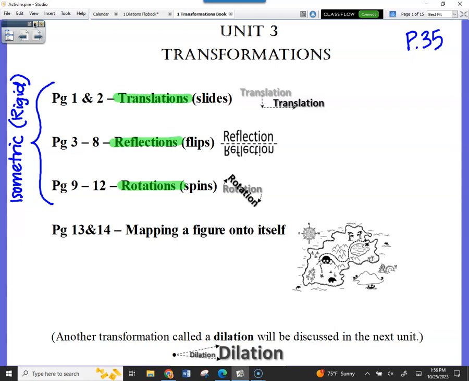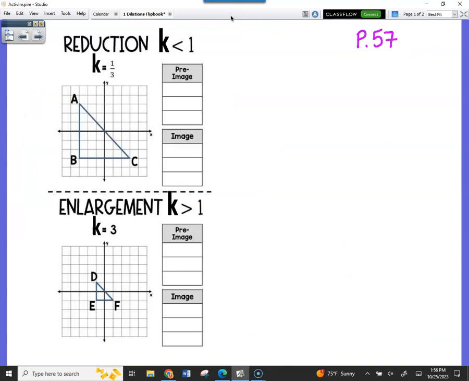So we're going to start our new unit with dilations, and they tend to be one of those lessons that people like because they get it. I hope that's the case with you today. Your flip book is covering the only two possible types of dilations. You have what's called a reduction, or you have what's called an enlargement. It's getting smaller, it's getting bigger.